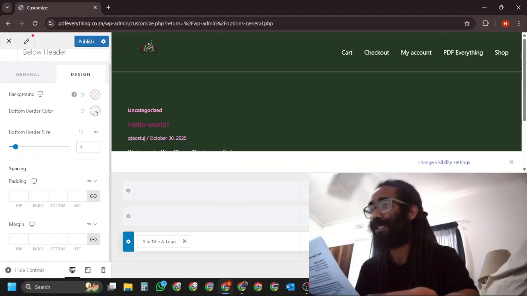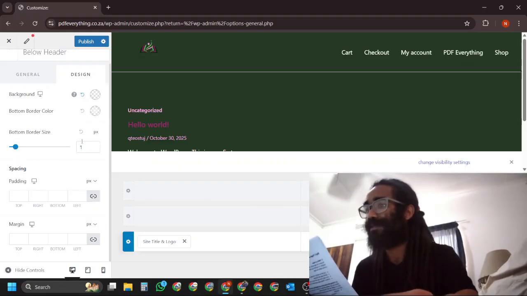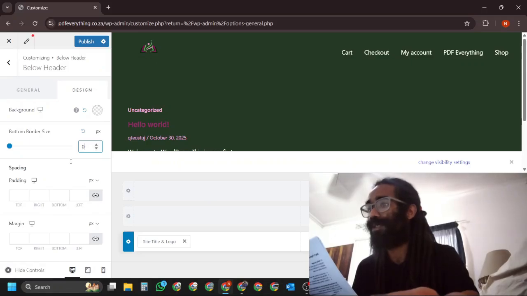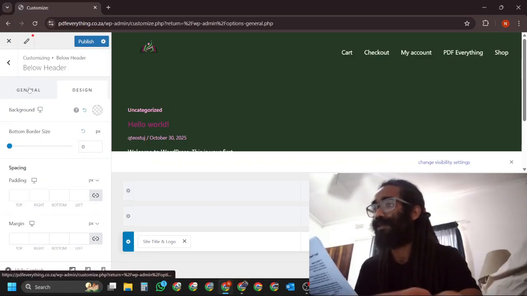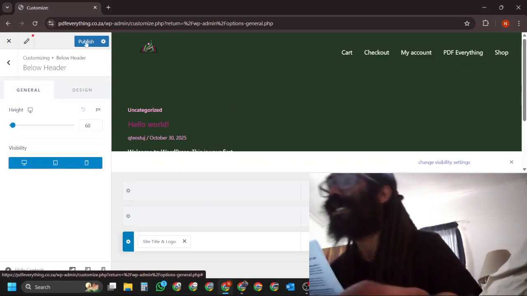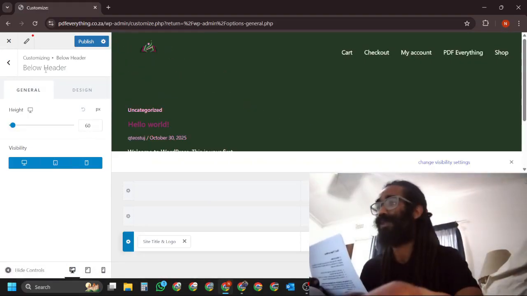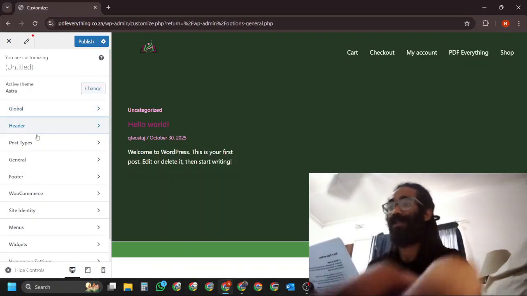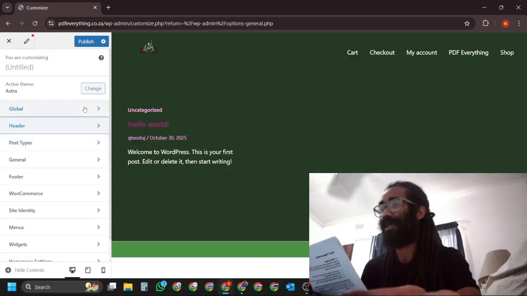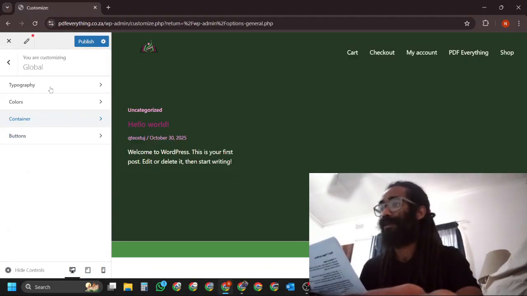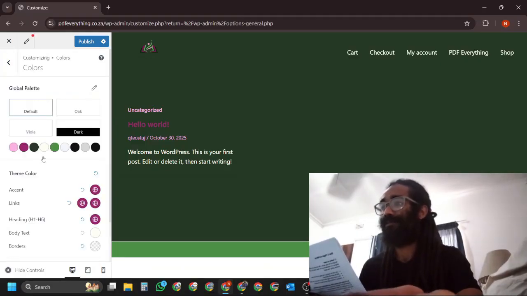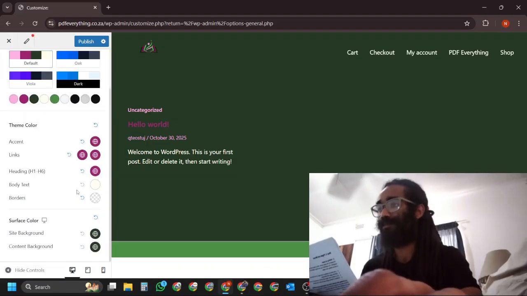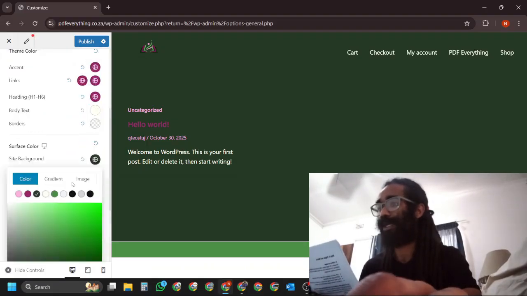Let's just change the border color. Okay, zero border. Awesome. So you can see now our logo is blended away, so that means we need to change our background color rather, instead of changing where we want that orientation. Okay, so we're going to come back to global, go to colors, I'm going to scroll here to site background,